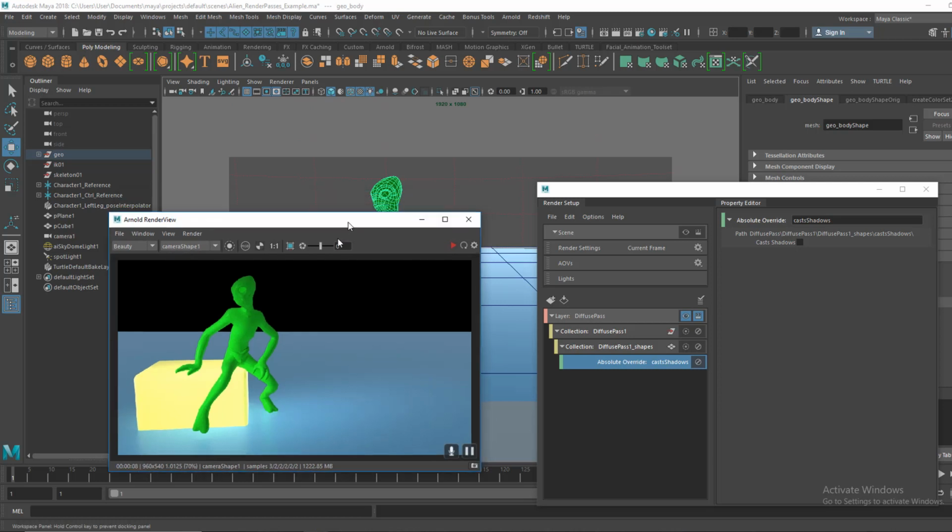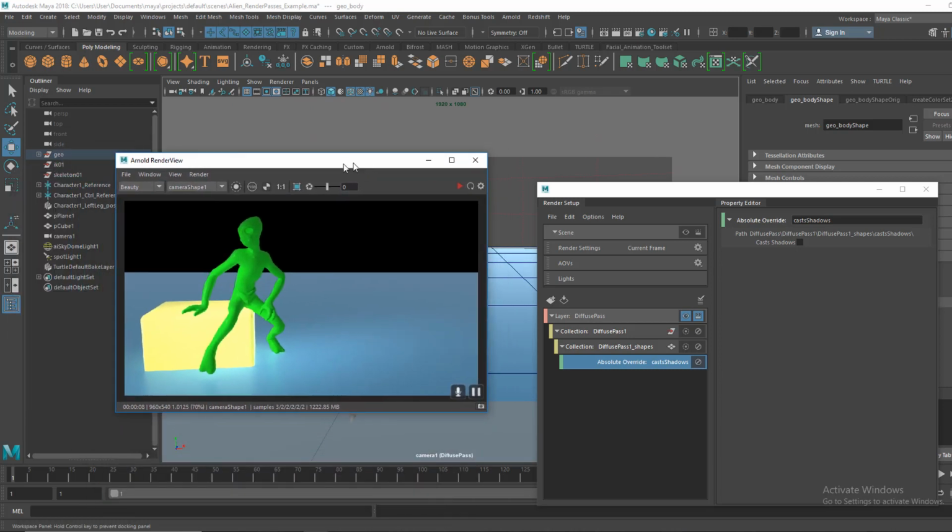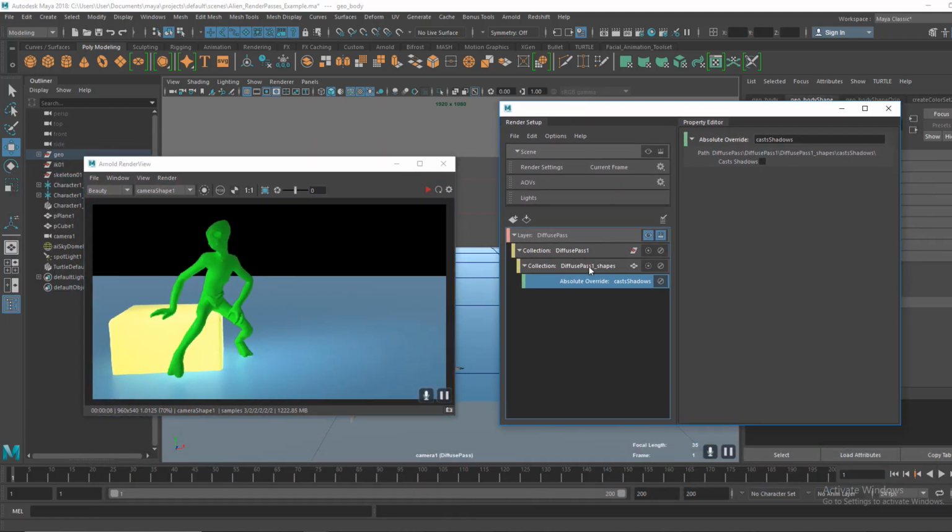Next up, I'm going to create a shadow pass. All I want to see are only the shadows. By the way, we're generating all these to take into an application for post-production like After Effects or Nuke, where we can layer all of these different image sequences together, and we have a lot more control over the character then. Okay,